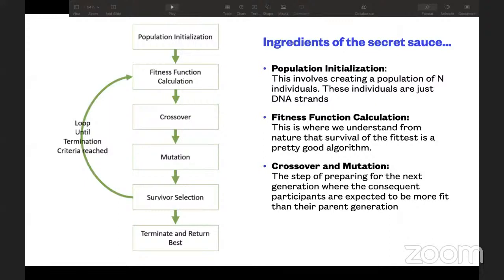Yeah. So if we look at it in a rough flow chart, then we initialize a population where we have 100 cars on a simulated road. Then we do the fitness function calculation, like we calculate how far every car went without meeting an accident. Then we do crossover. So let's say out of the 100, we choose the top 50 cars. From those 50 cars, we do a crossover operation.